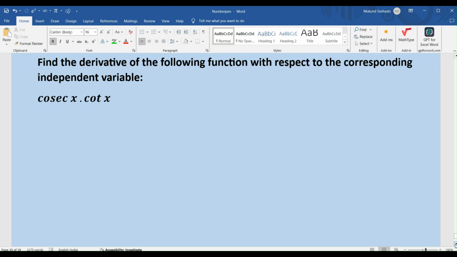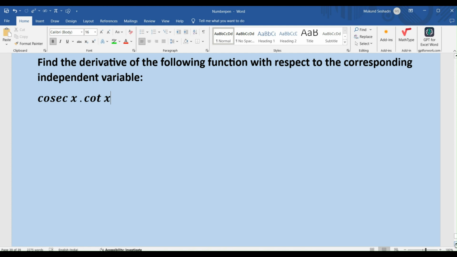So there we have the problem on our screen. Find the derivative of the following function with respect to the corresponding independent variable. So the function that we have is cosecant x cot x, right? So it looks like it's a product of two functions, and we would like to apply the product rule of differentiation. But before that, we notice that we have two trigonometric functions whose derivatives are